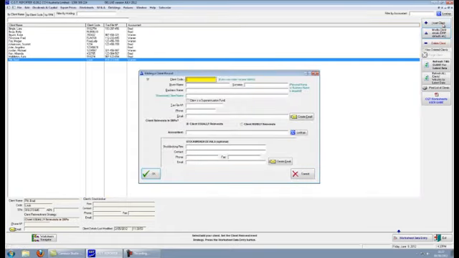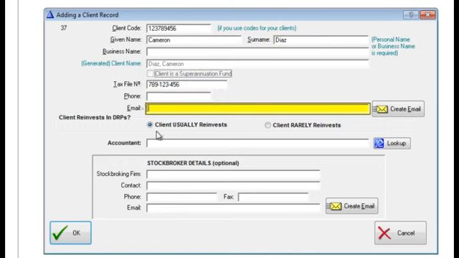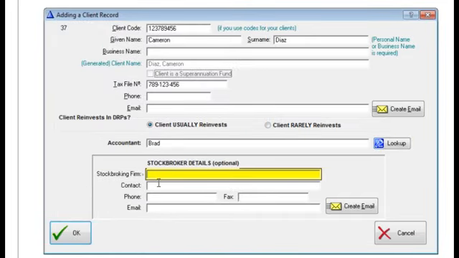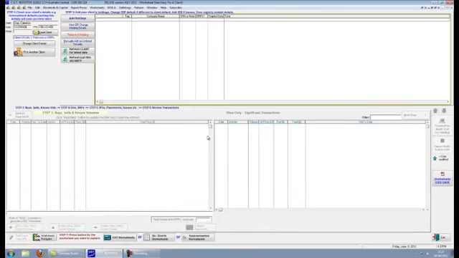Insert Client. Add the client information, tax file number, phone number, email address, and in this particular scenario my client does actually usually reinvest in DRPs. Assign an accountant, add stockbroker information, and click OK. By double clicking on the client we can automatically enter into their portfolio, and the first thing that we need